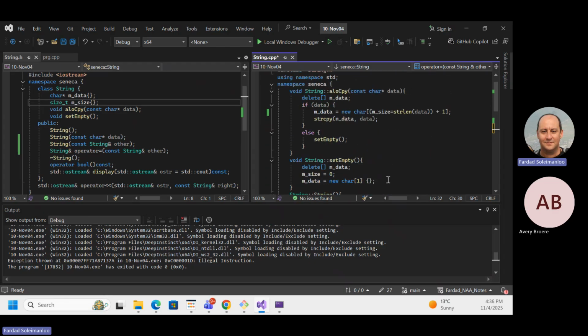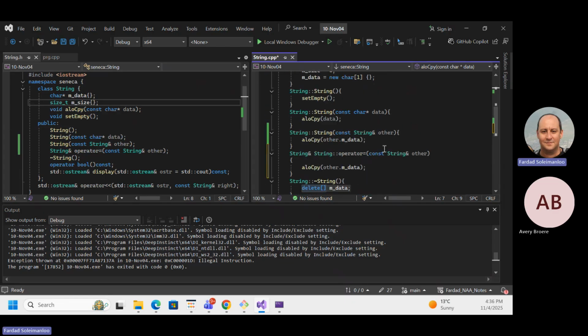Because in allo copy, I'm deleting the old data. But that's the only thing. Because we wrote allo copy and it deletes beforehand, we are clear to go. That works too. But if you are manually doing this, remember, in assignment operator, you must delete the old data. Because our allo copy is doing it, I don't need to worry about it.